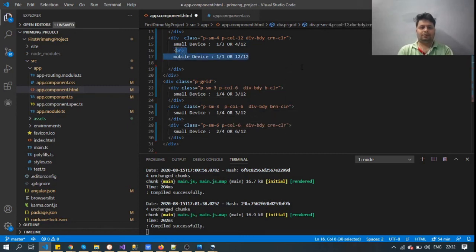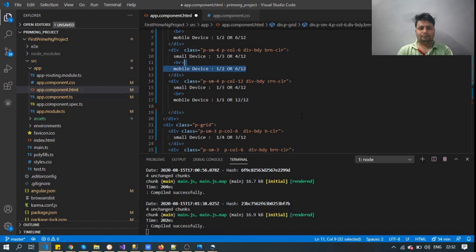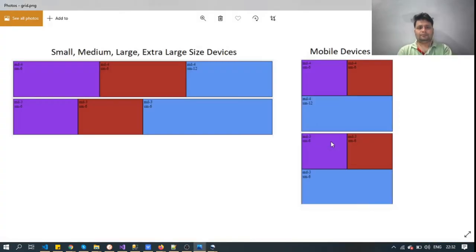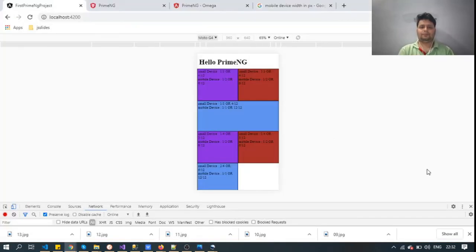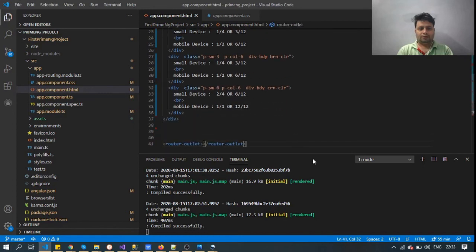Copy and paste the text also. Sorry, for the last one, we have to apply 12 columns.